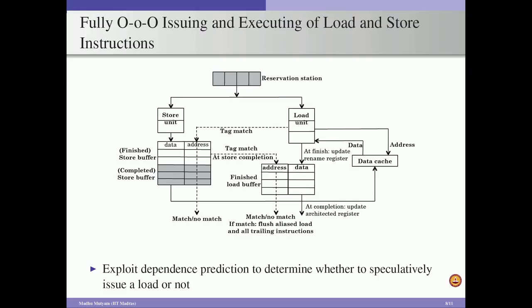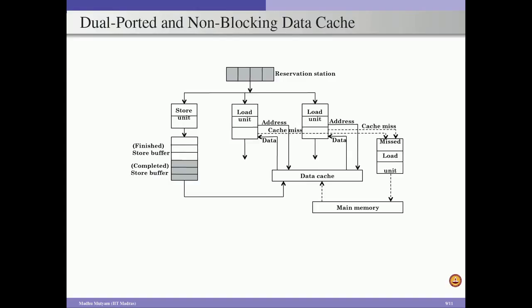So far we considered a single ported data cache, where at any point of time only one load instruction can go to the data cache and read the data from the data cache. In order to improve the memory bandwidth, or to overlap the processing of multiple load instructions simultaneously by the data cache, what we can do is consider a dual ported